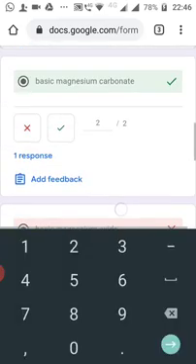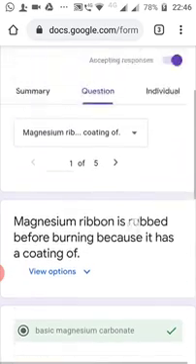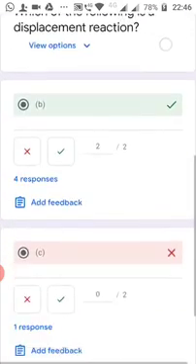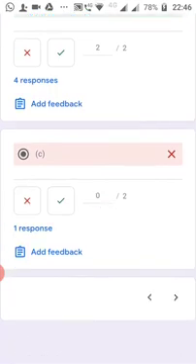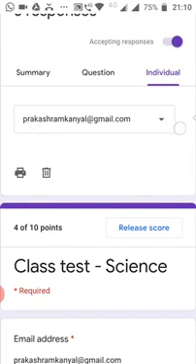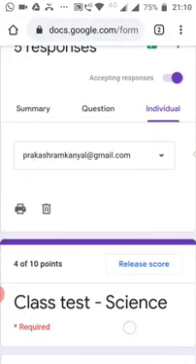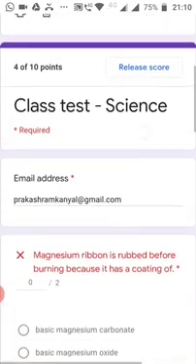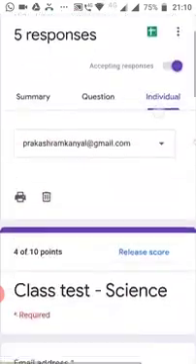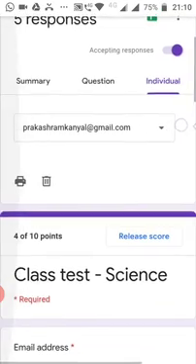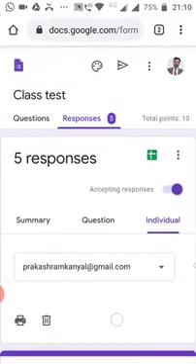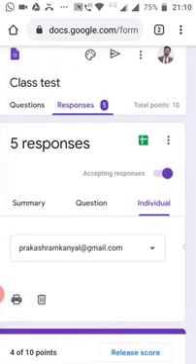Next, we can check the same thing for other questions. This is question number 1, 2, 3, 4. For all questions, we can check the responses of the candidates for various options. Now see this individual option. What we can do with the individual email address. These are the email addresses. We can select the next email address, then the next email address. I can see the individual score in this entire sheet. I can select the next email address by clicking on this arrow, and I can see the score of that particular candidate. After this, one very important option is this green button.